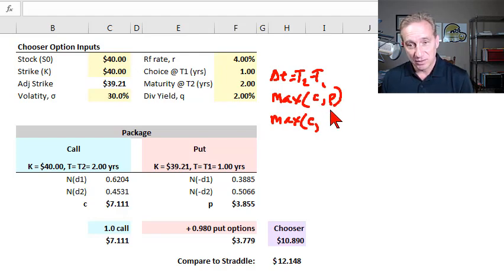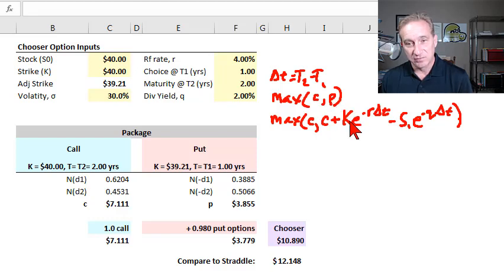In put-call parity, the value of the put is equal to a call plus cash, I like to say, which is the strike price discounted at the risk-free rate, in this case at delta T, because this is from the perspective of time 1, and we're subtracting the stock price at time 1, reduced by the dividend as usual, negative Q, and also at delta T. All I did there is use put-call parity to substitute for the put,